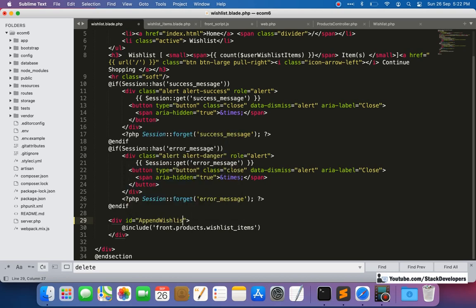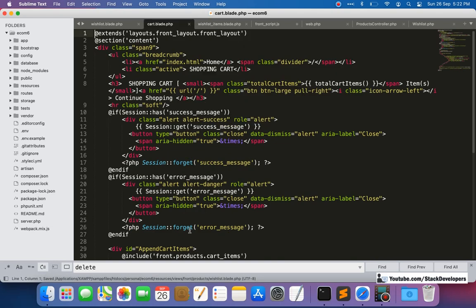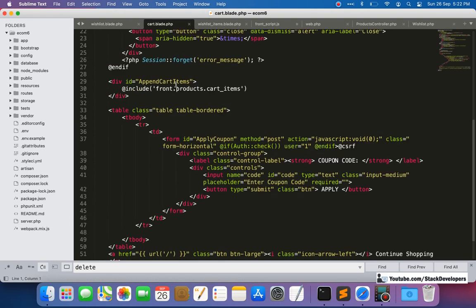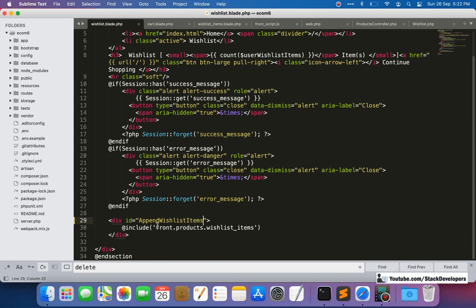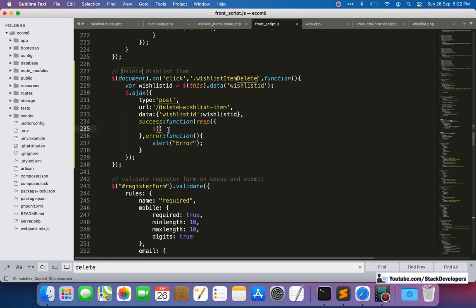If you see the cart blade file, in the cart blade file also we are doing a similar kind of thing. Here you can see we are doing append cart items, and here we are just appending append wish list items, nothing different. The same logic. Append wish list items, and now we can use this one in here.